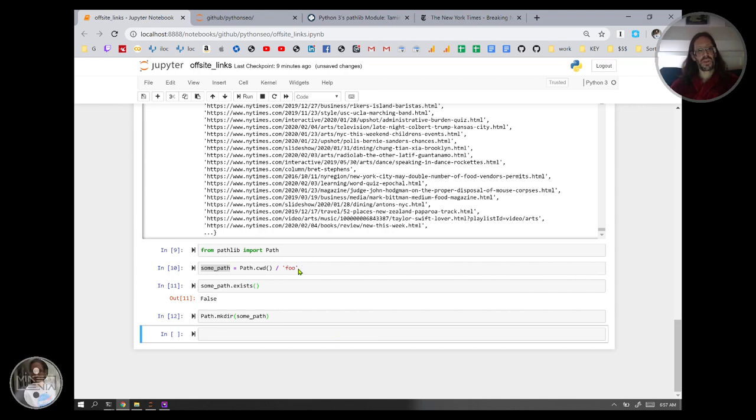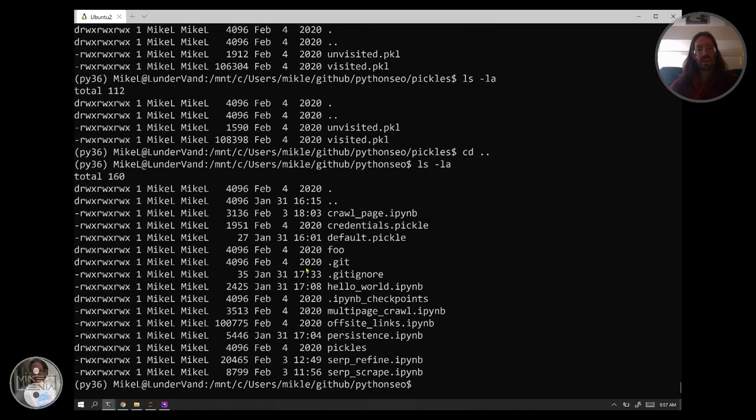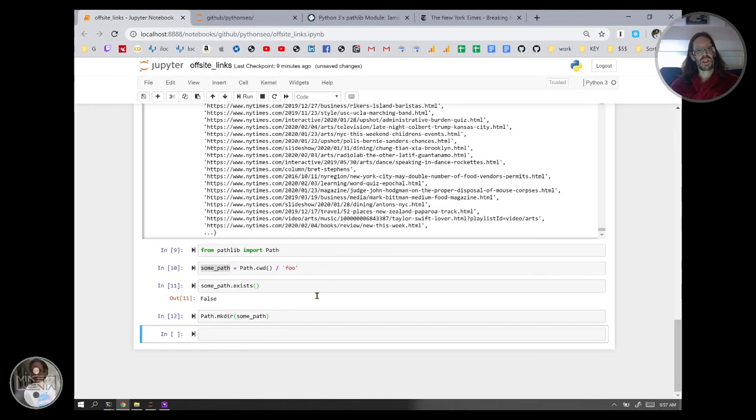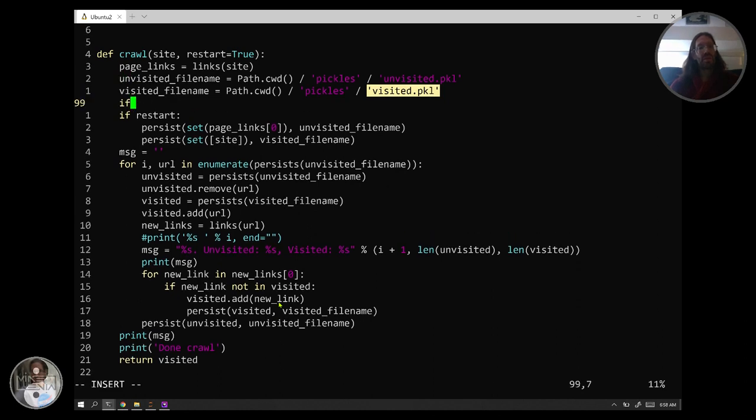We called it foo. cd dot dot, ls -la. There's our foo location. rm -rf foo. Don't need it around, but now that I see how it works, all I have to do is say over here in the Pipulate code, if